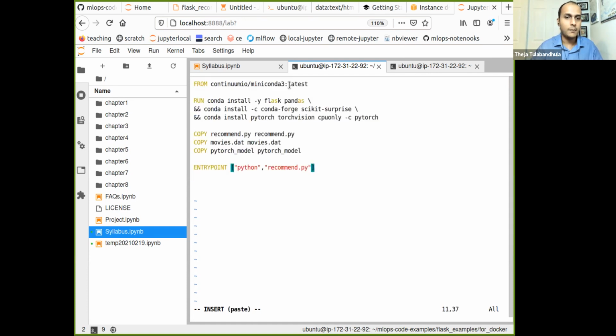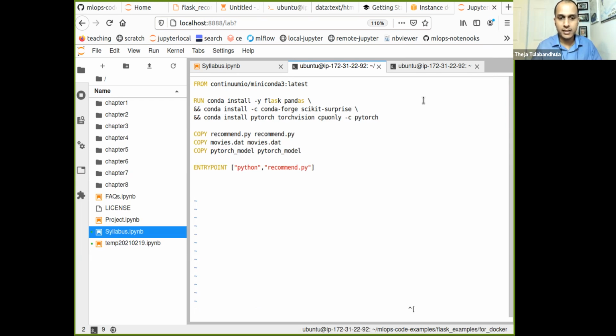Shift insert. So again, we have seen a Docker file in the last session. I'm just going to recap. We're starting from a base image, and to keep it simple, I started at the base image which already has Conda installed. That makes it easy for us, because you don't have to reinstall Conda. And with Conda, we can directly install Torch in the way we have done it before. So we have Conda. I'm installing Flask and Pandas. I think Pandas will also install NumPy as a dependency. Then we're installing Scikit Surprise through Conda. We could have also installed it with pip.